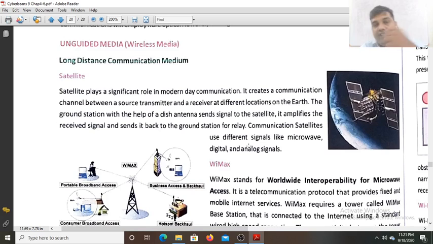So how does the satellite work? From the ground, the signal is transmitted to the satellite, and at the satellite there is a receiver that receives the signals, and it retransmits the signals by amplifying them to the earth. Now again on the earth, many antennas and receivers are there. Again they receive the signals from the satellite, and they amplify the received signals, and also send them back to the ground station.